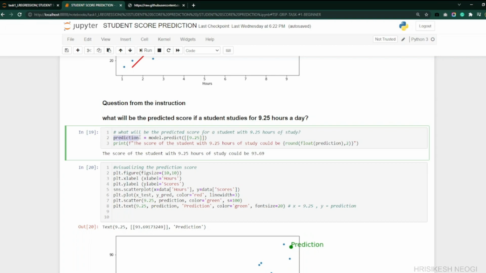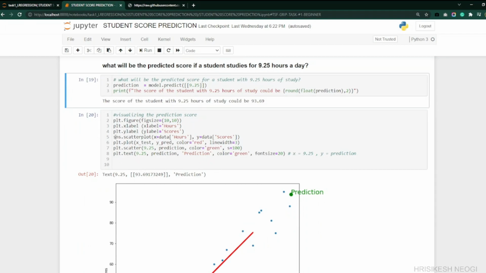Then I'm storing the output in a variable called prediction and simply printing that prediction, which is 93.69. So the score of the student could be 93.69% if the student studies for 9.25 hours a day.